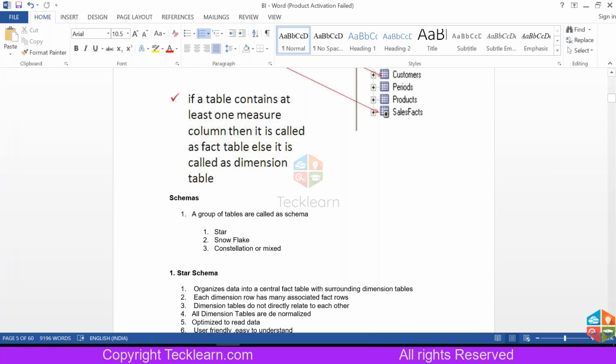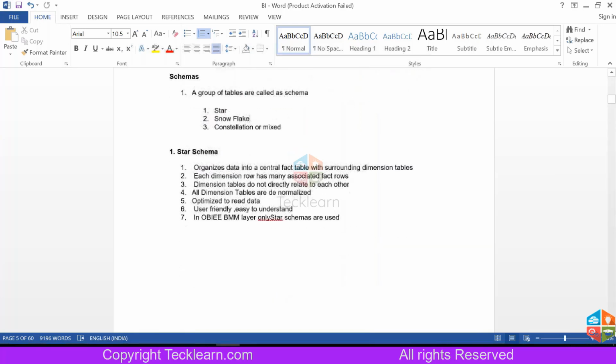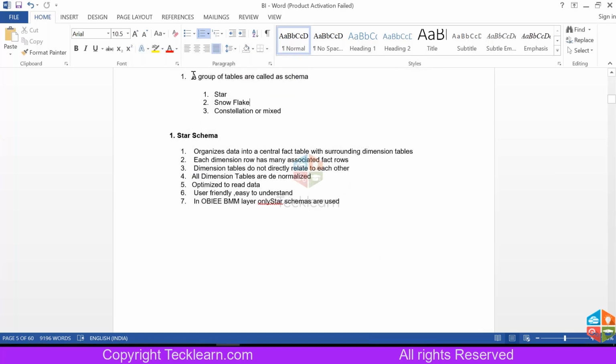So when we have these dimensions and facts, how are we going to model those, how are we going to join those? This is the important concept when you are becoming an OBIEE developer. Why? Because you have different ways of joining it. Previously, when I showed you multiple dimension tables like vendor, geography, time, and product, those are not directly joined, but they can be joined directly as well, right? Without any fact tables. So what will happen, and what are the different ways or different schemas that we can join these facts and dimensions? And once we join this, what are the advantages and what are the disadvantages? So we will see now.